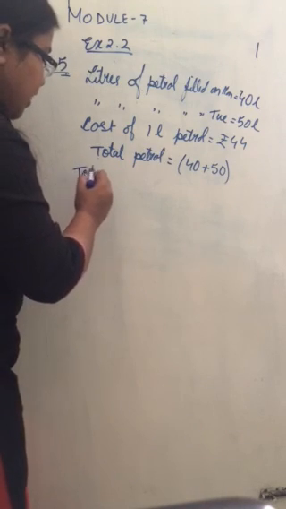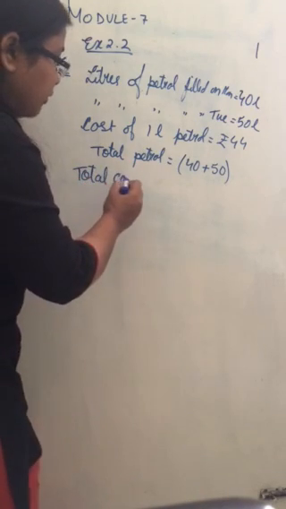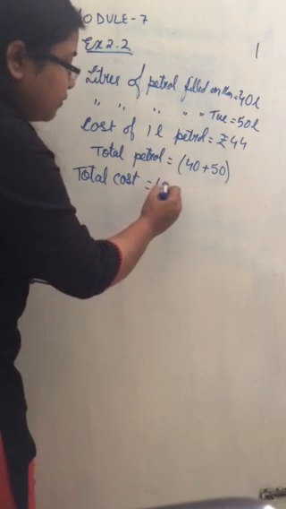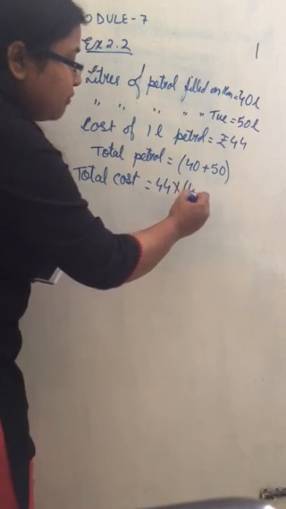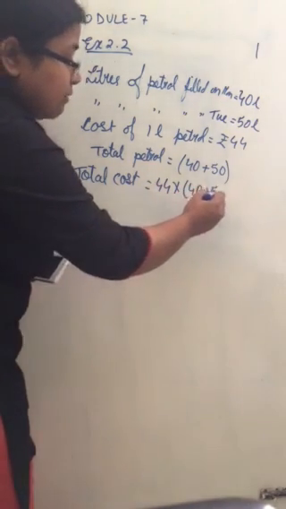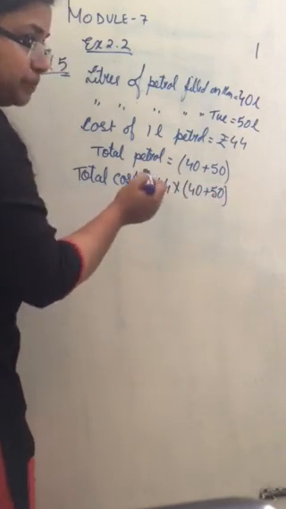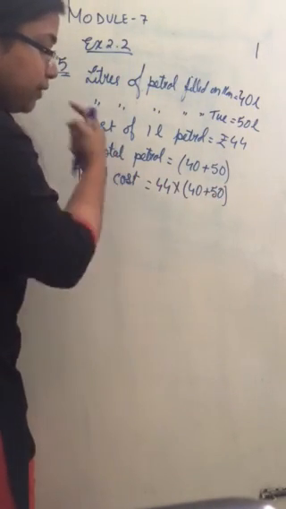So we are asked to find the cost. So total cost, how can we write it down? 44 into 40 plus 50. Yes or no? Yes or no? We can write it in this